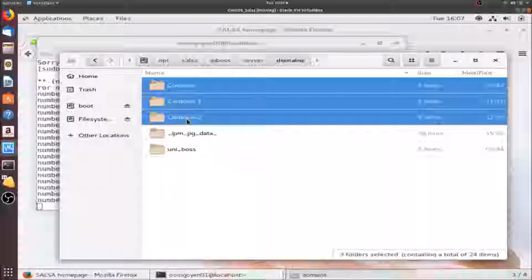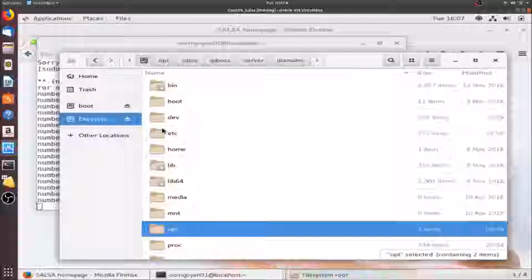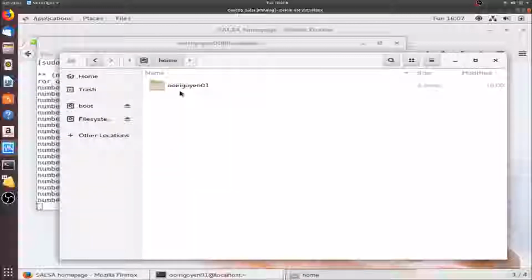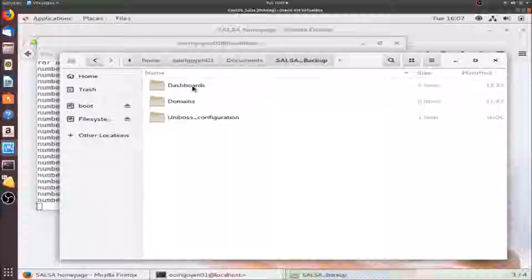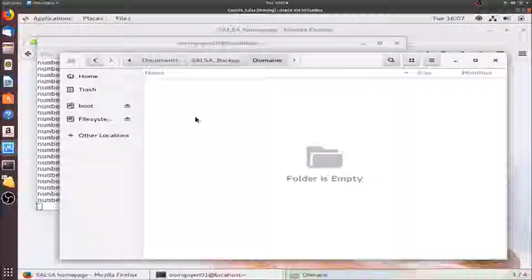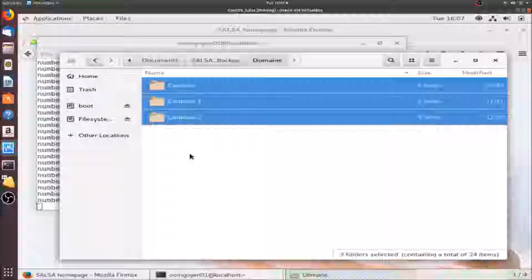So copy and paste directly to my backup folder, which is in documents, SALSA backup, and here in domains